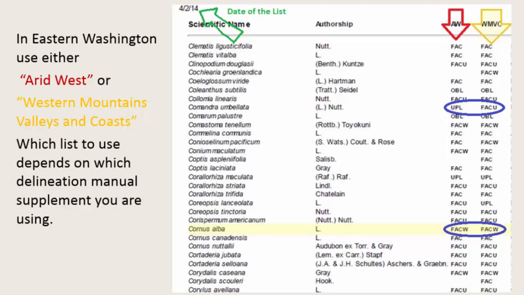Scientific names change. For example, the yellow highlight above, many of us know it as red osier dogwood. The scientific name given in Pacific Northwest field guides is Cornus stolonifera or Cornus sericea, neither of which is listed here. The common names used may not be the common names that you are familiar with, and they may not be on the list. So what can you do if you don't see a plant name listed that you're familiar with? Try doing a Google search using the name that you are familiar with, and maybe other names will come up. You can then use those names to try to find your plant on this list. When all else fails, call an expert.